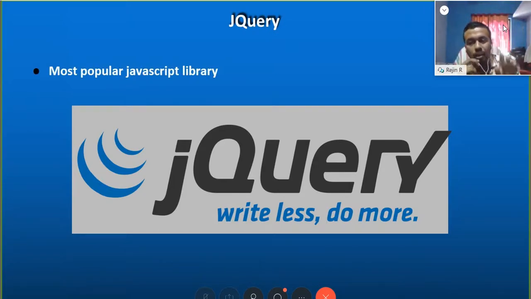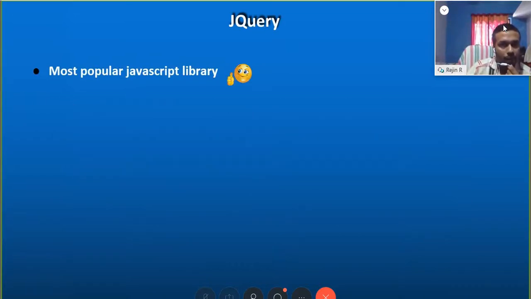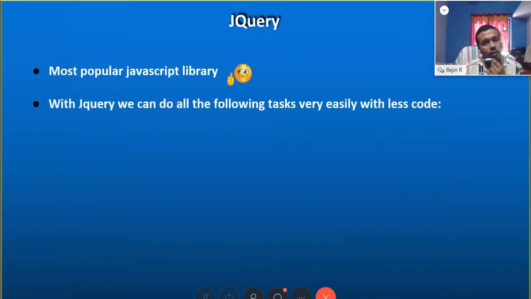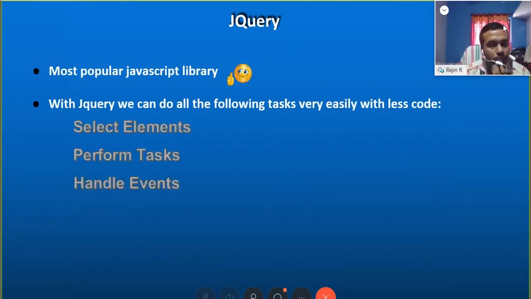We can simply incorporate the jQuery library into our web page, and you can use all the functionalities of jQuery. With jQuery, we can do all the following tasks very easily with less code. That is the feature.